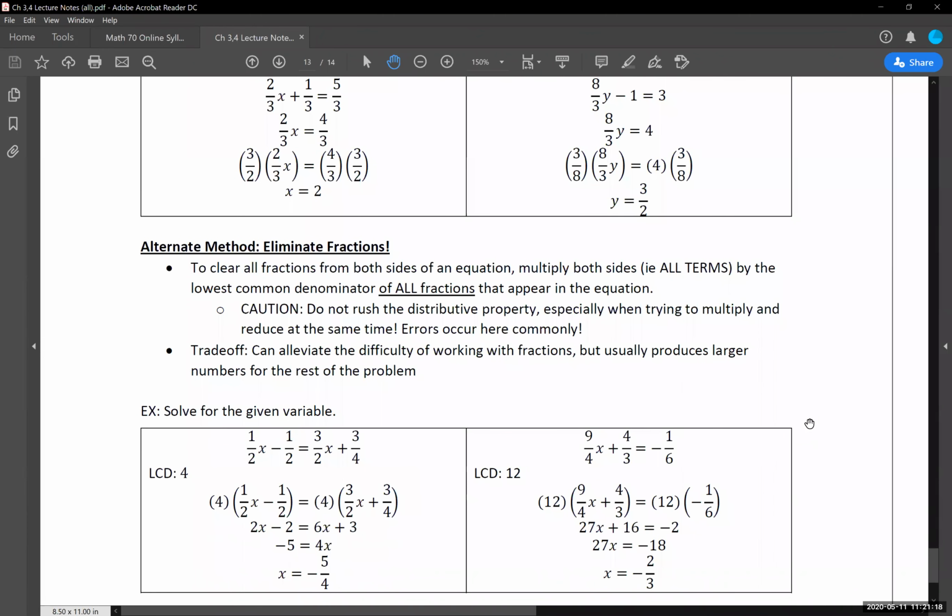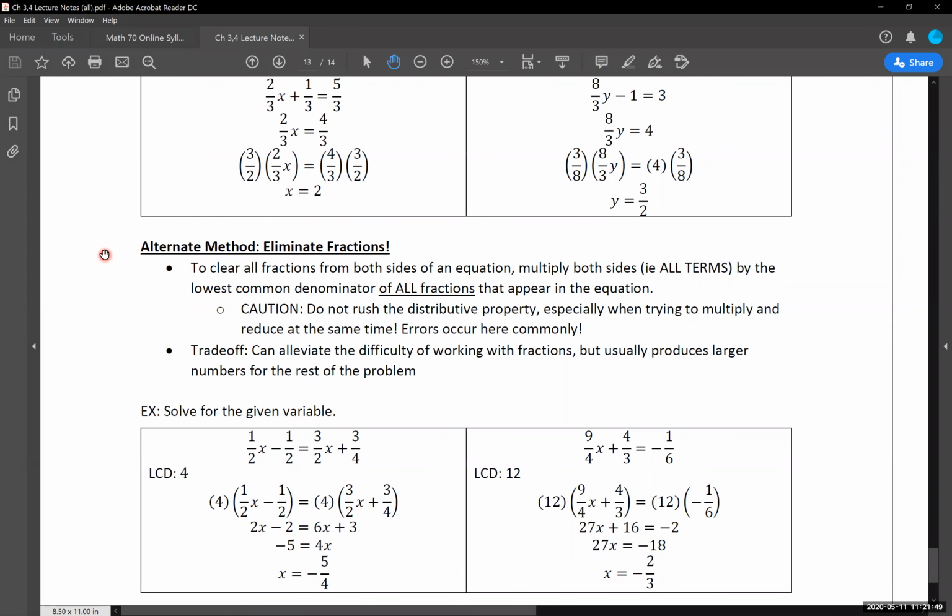So the alternative method that we have, and I recommend using this one if we have some fairly gross numbers or a lot of fractions showing up in this thing. We can eliminate fractions altogether, which I'm going to go out on a limb here and say a lot of people don't like working with fractions. I'm just going to guess at that. So what's nice about this method is it gets rid of them altogether for us. And you're more than welcome to use this as well.